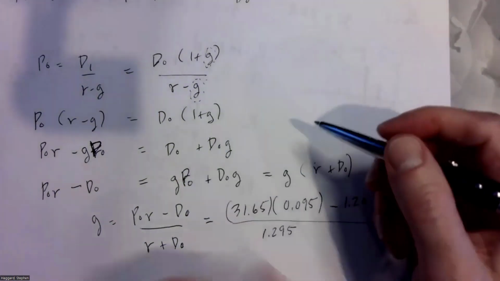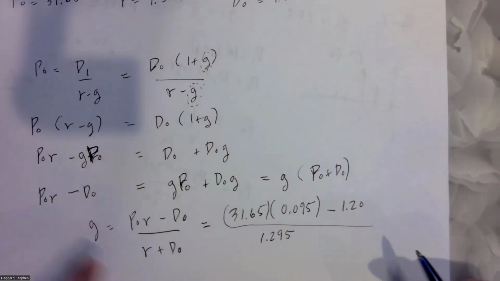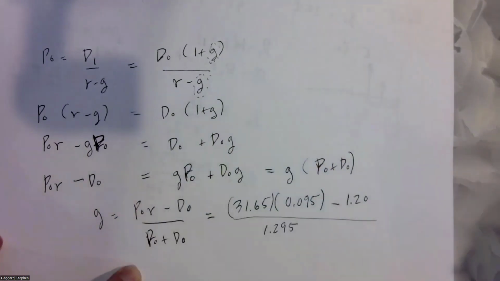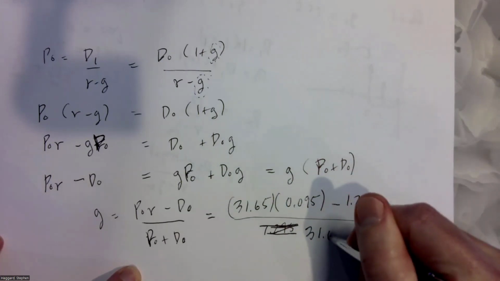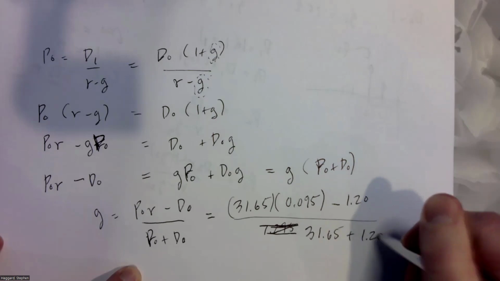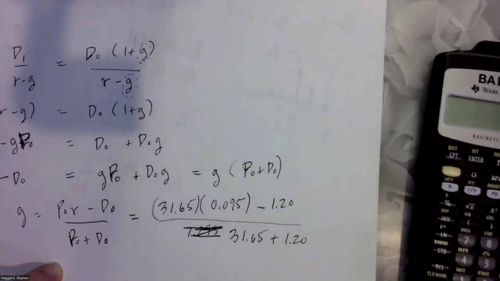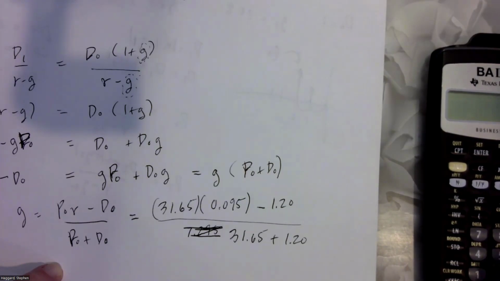Yeah. Okay, and so now that's GP0. There we go. And so G is equal to, and this should be P0 plus D0. And so on the bottom here, it should be 31.65 plus 1.20. Let's try this one more time. 31.65 times 0.095 equals minus 1.2 equals, divide by 32.85 equals. And that gives us